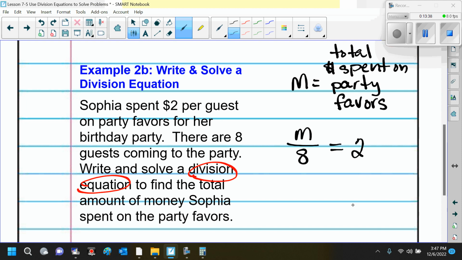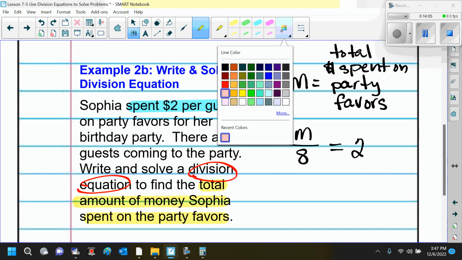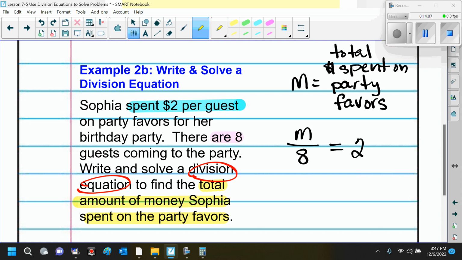guests. Oh, you guys, I forgot to identify. So I forgot to highlight stuff. So here, M was the information that we did not know. So that's the total amount of money spent on party favors. We also knew that she spent $2 per guest on the party favors. And then finally, sorry about that, you guys, there are 8 guests coming to the party. Okay? And then that's how we got